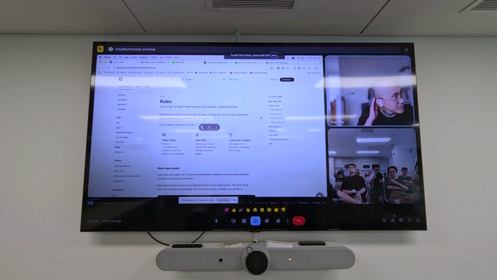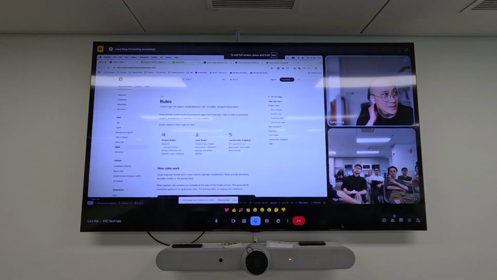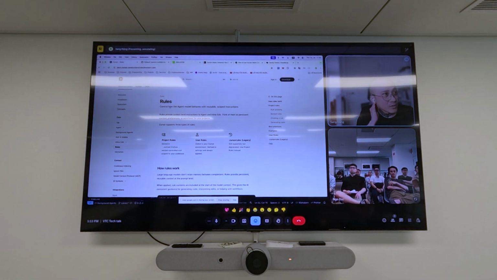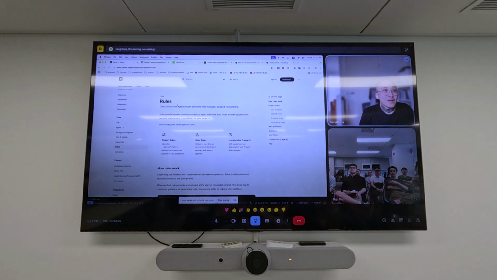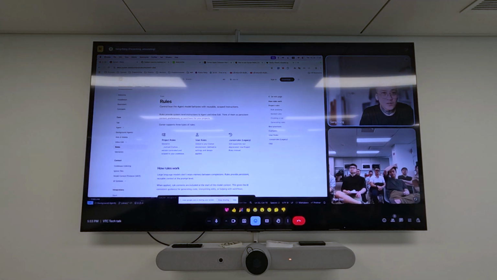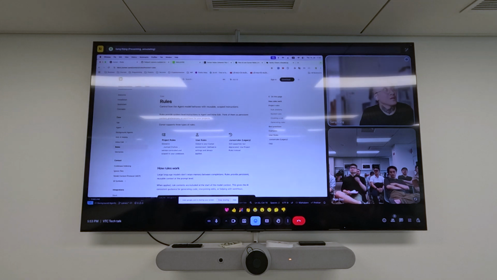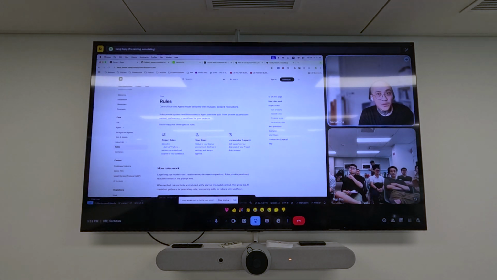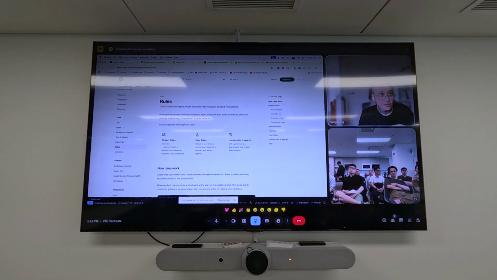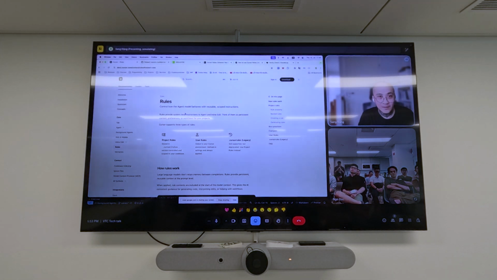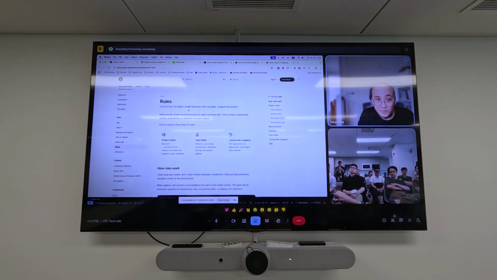I guess everybody can see my screen, right? I'm sharing the documentation from Cursor. I guess everybody is already familiar with Cursor rules, so I will not repeat it, but let's go into something that I find interesting.